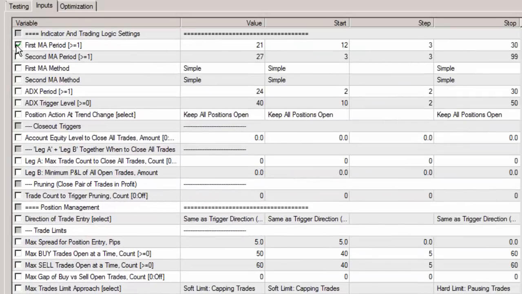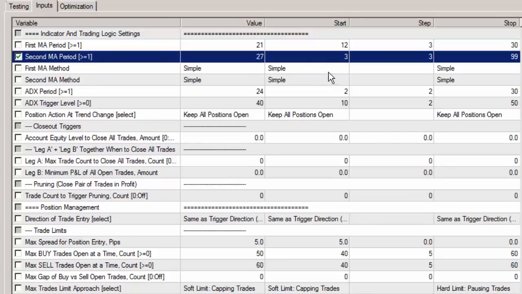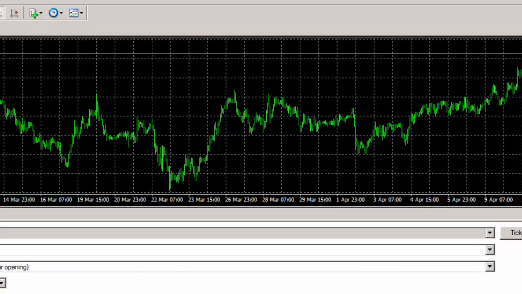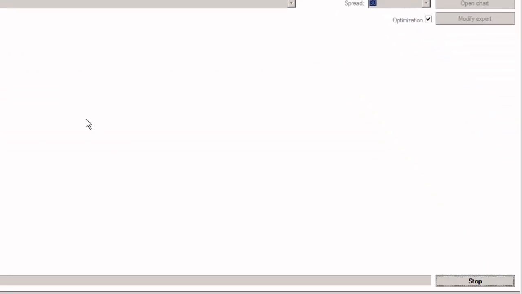So I've finished that one. That's now finalized. I'm going to go to the second one, and we're going to do the same process. We want to find a clump that's nicely profitable for the second setting. So we just go okay, we optimize it, and away we go. Can you see we're reducing the number of possibilities that we are testing dramatically, and